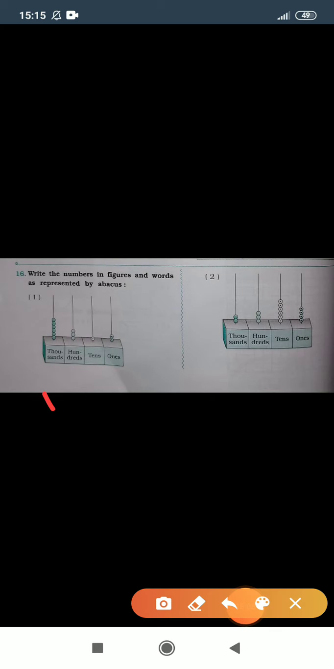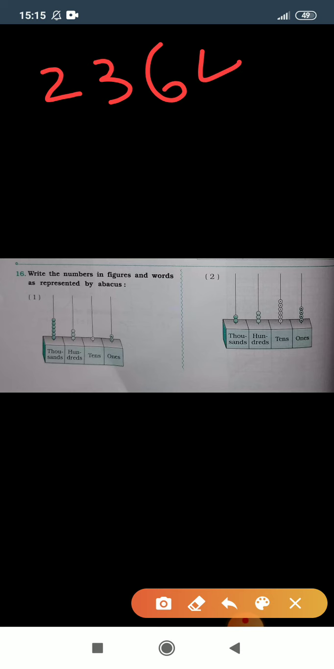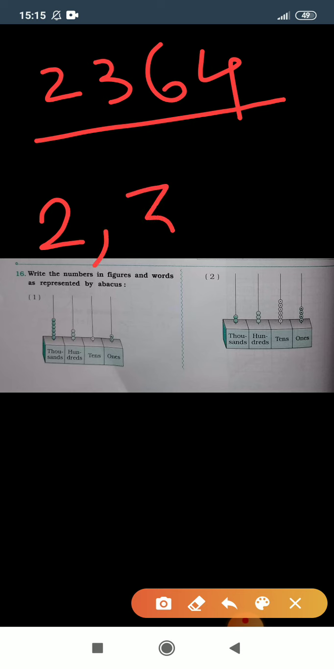You need to solve these questions by yourself in notebook. Let's solve question number 2. In first row there were 2 beads. In second one there were 3 beads. In fourth one 1 2 3 4 5 6 beads were there. And in last row 4 beads were there. So your number is 2364 and in words we'll pronounce like